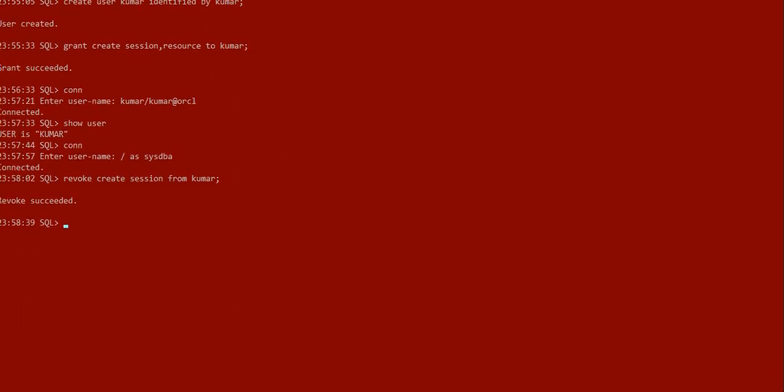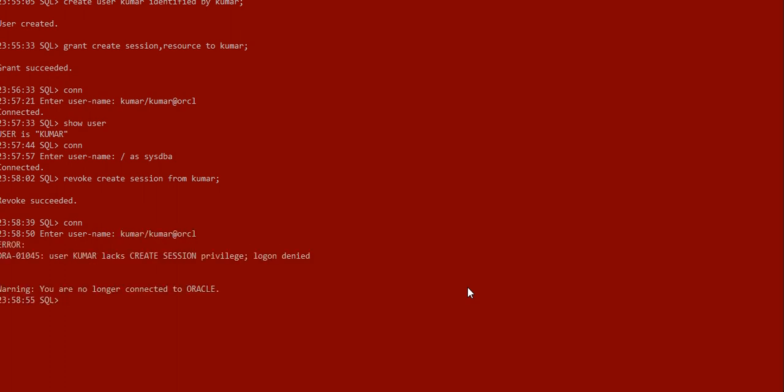Now I will show you the effect of revoking this grant. We will do the same kind of connection. User Kumar lacks create session privilege. You can easily see that if we revoke or do not give the create session grant, that user is not able to log in to Oracle.